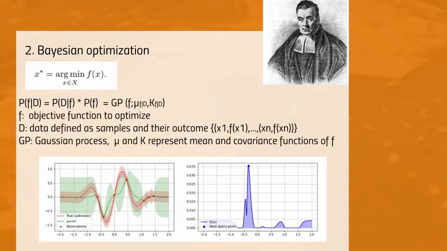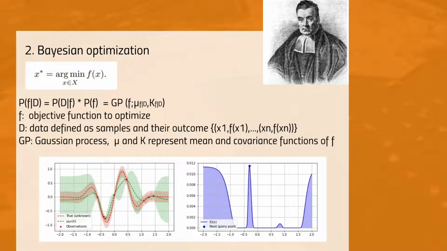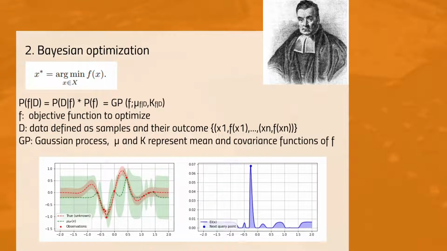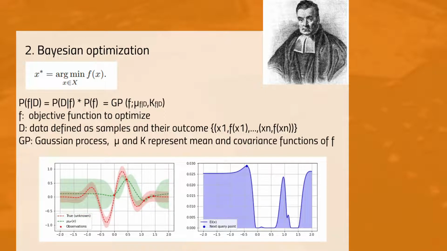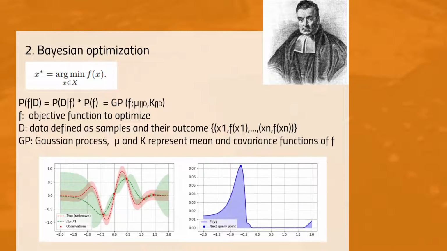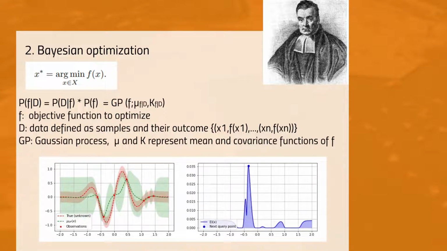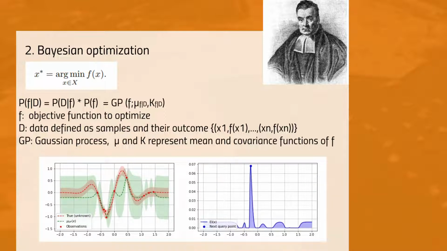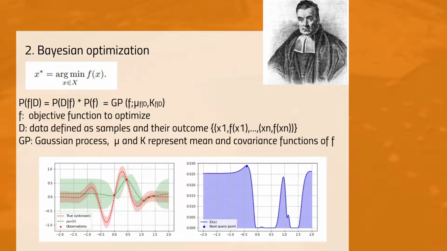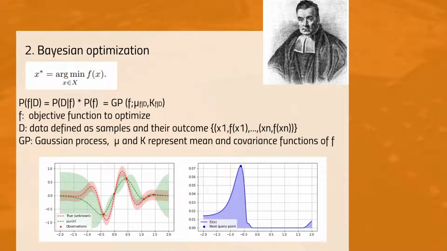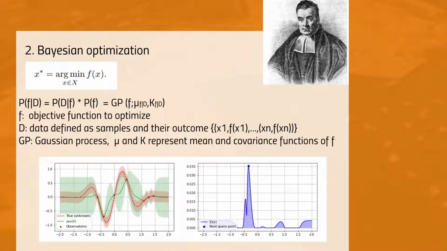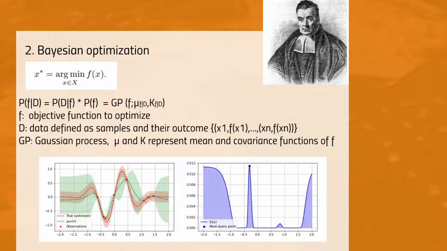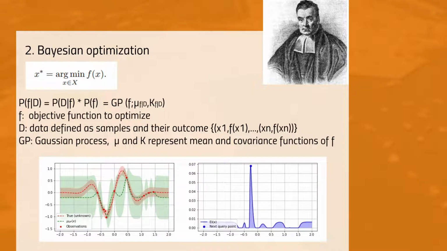Recall the fundamental Bayesian equation. Posterior equals likelihood times prior. The posterior is the actual objective function, which we usually don't know too much about since it is very complicated. But we can replace it with the surrogate model. Although not strictly required, we can assume the objective function follows a Gaussian process, whose joint probability follows a multivariate Gaussian